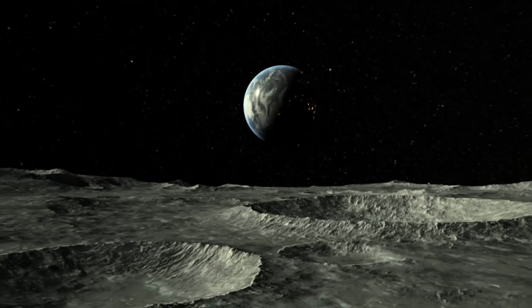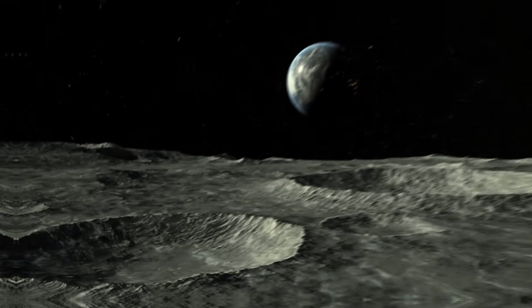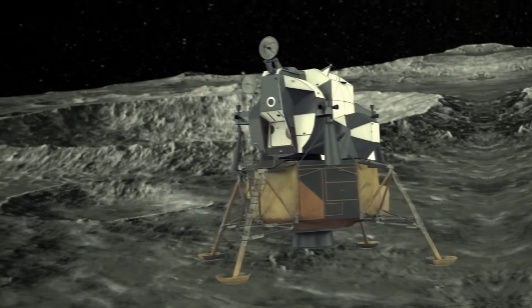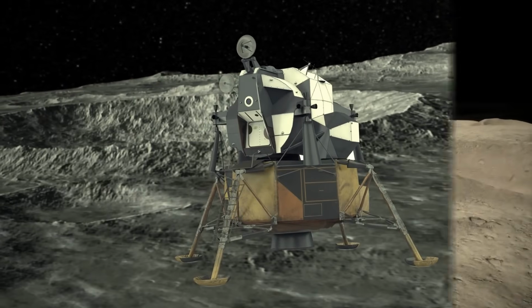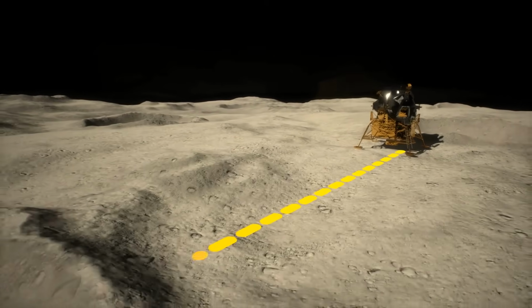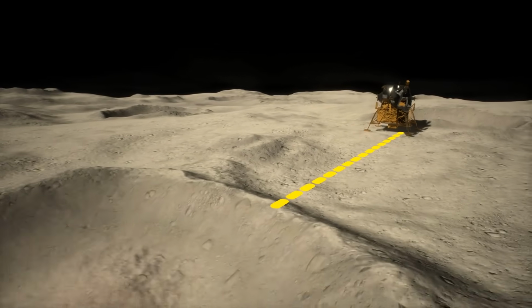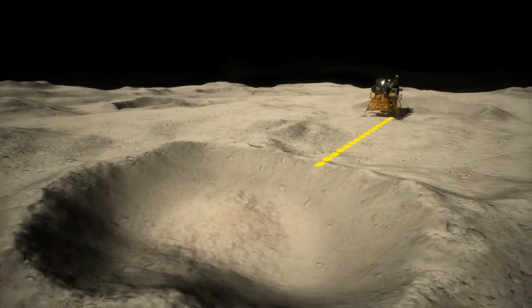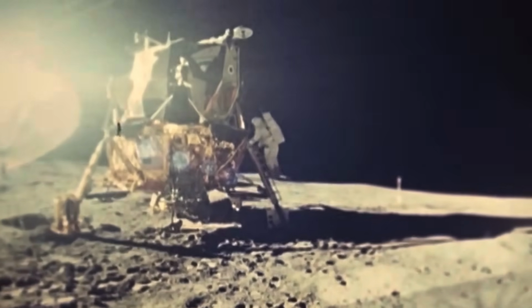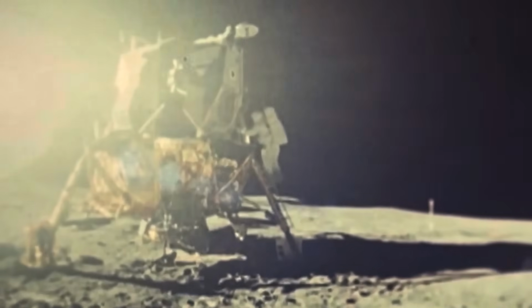The final thing on the list for Armstrong was to go for a walk to what is now known as East Crater, 65 yards east of the lunar module. It was the greatest distance traveled from the spacecraft on that specific mission, approximately the length of half a football field. As soon as his tasks were done, Armstrong went back into the lunar module and safely closed the hatch